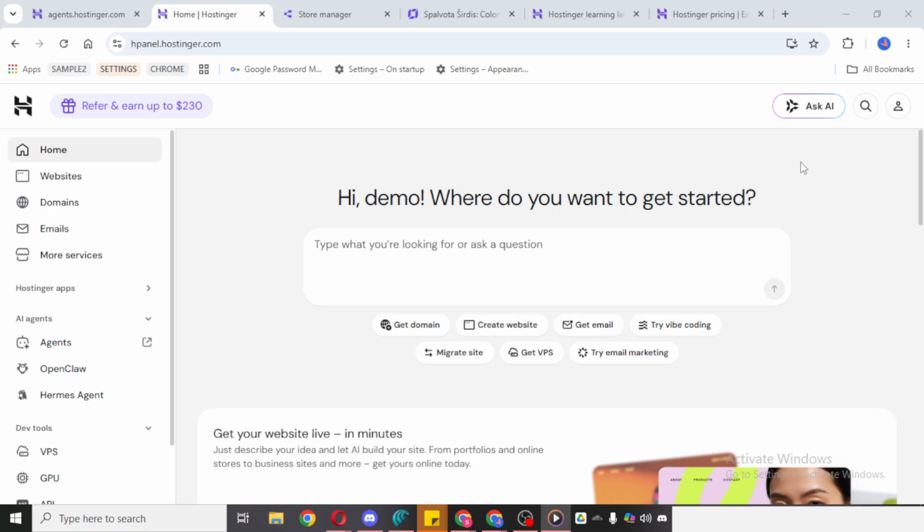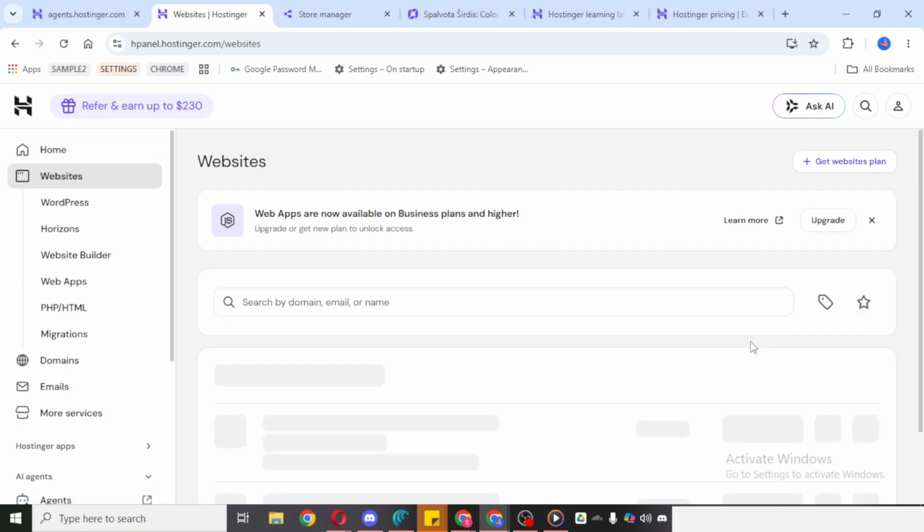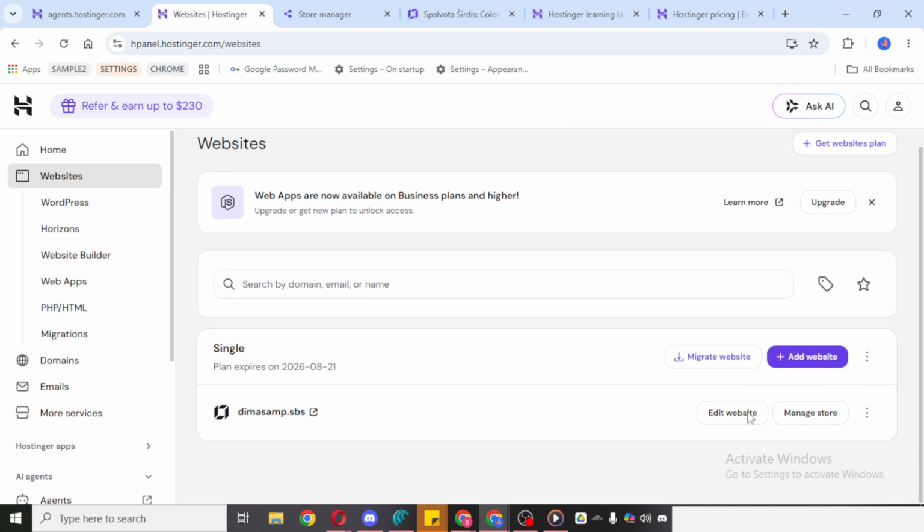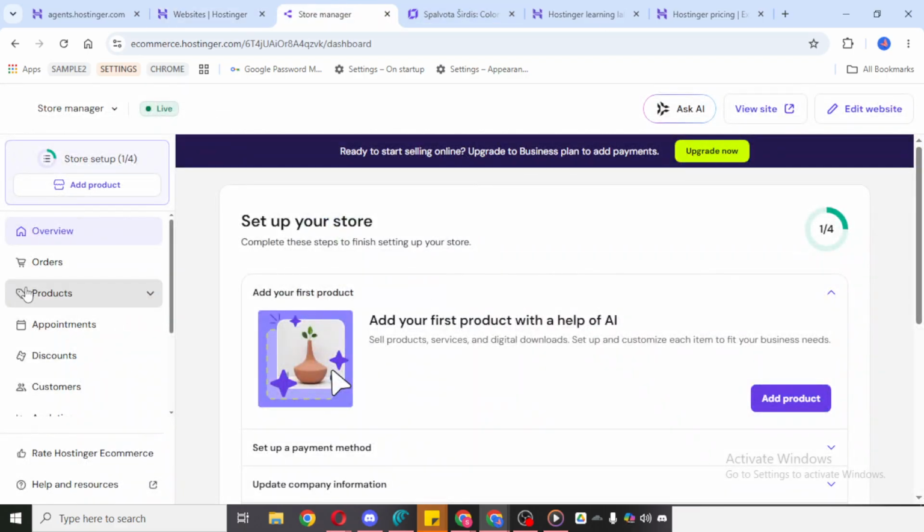This is where you'll find the main controls for running your online shop, including products, orders, payments, and of course, shipping. After that, look for Settings and click on it. Inside the Settings area, find the Shipping section and open it. This is where you'll create the shipping setup for your store.